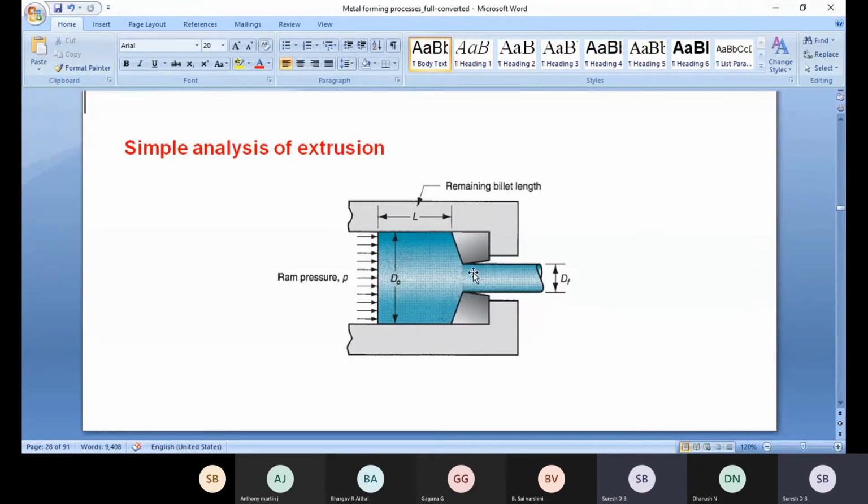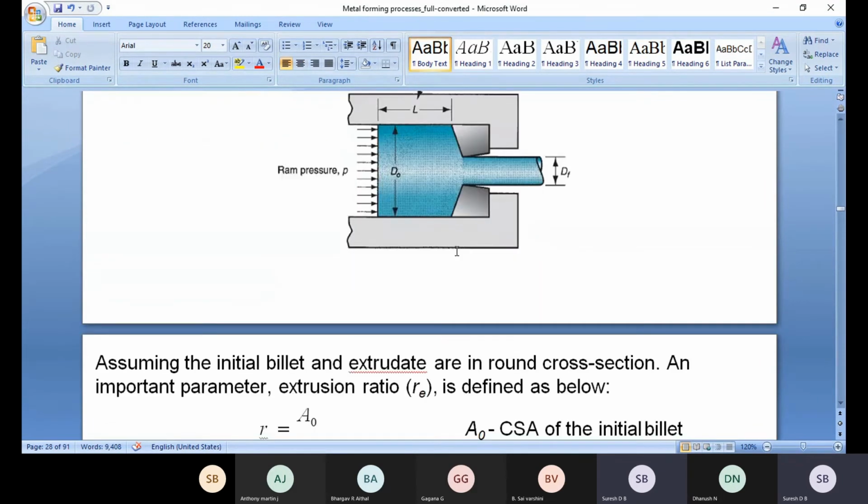In the x axis they can maintain only a small angle, because this material is already compressed in between the dies. Here it is not required, any force, sorry. The force is not acting in between the die and the extruded component. Only the force is acting along the y direction. That's why they can maintain a maximum taper angle along the y direction compared to the x direction.